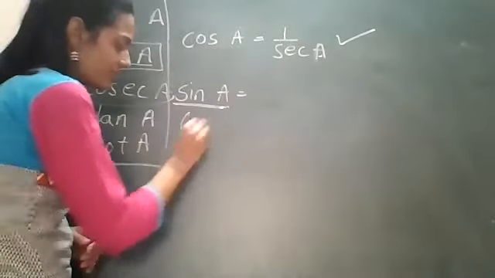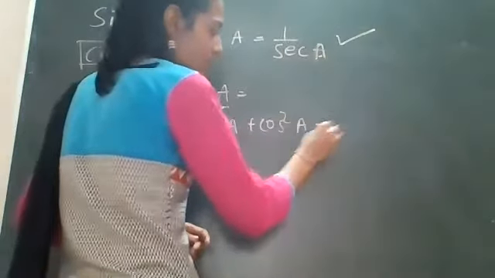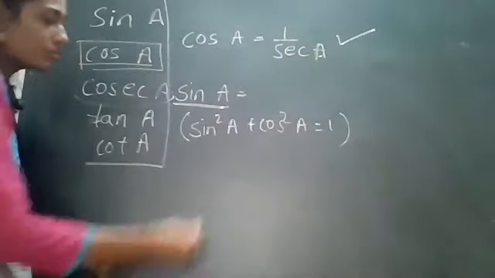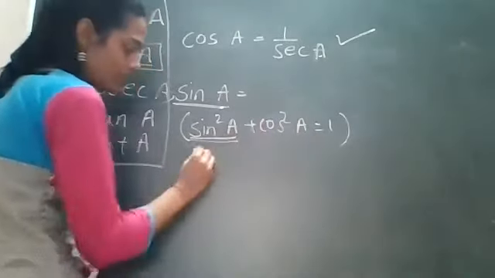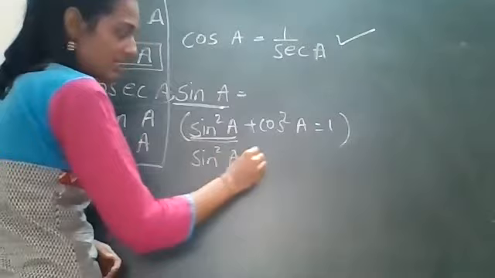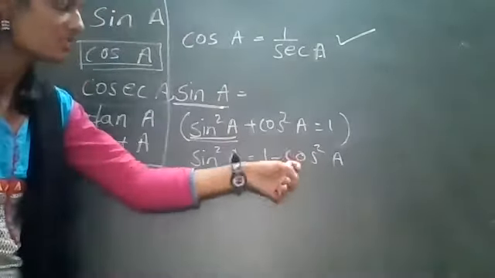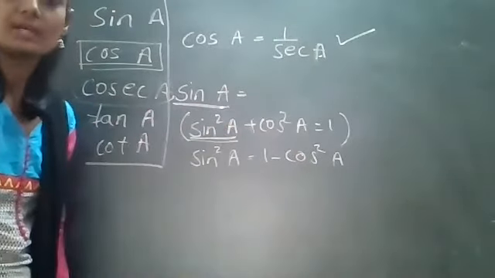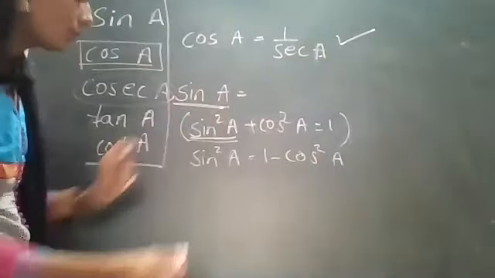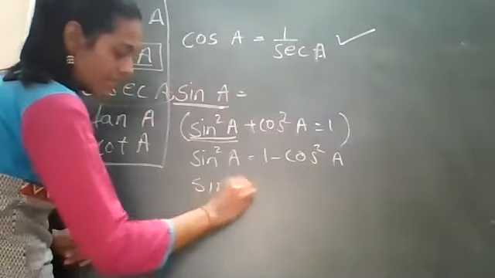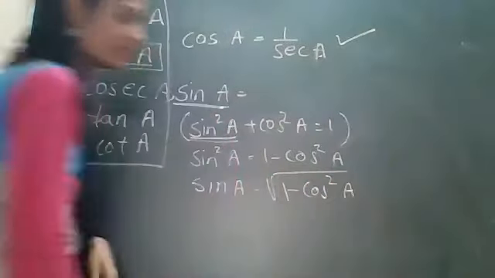We have one identity. Look, sin square A plus cos square A is equal to 1. That identity is there, right? So in that, if we want to remove this and if we want this, then what can we do? We can do that sin square is equal to 1 minus cos square A. And if we are getting 1 upon cos, we will get the sec. Right? So instead of this, sin A, what can we write now? Sin A will become under root of 1 minus cos square A. Getting this one?